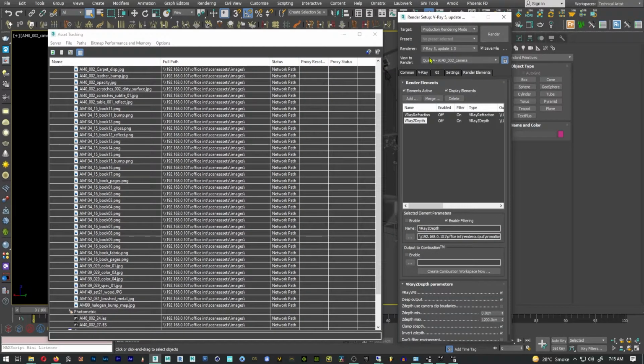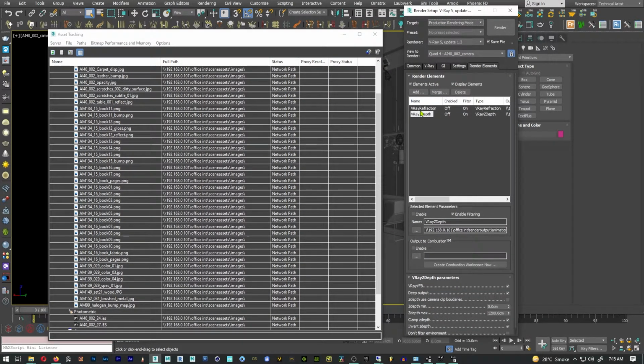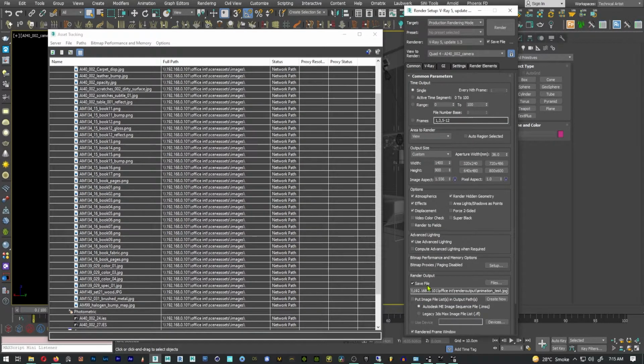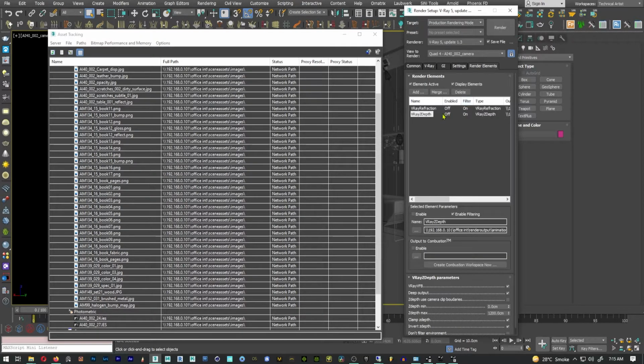Now the next thing that you need to do is set up your render elements, and when you do so, you select your render elements. In my case, I add these render elements after I have done saving this on here, which is why it is showing the network path for this location.